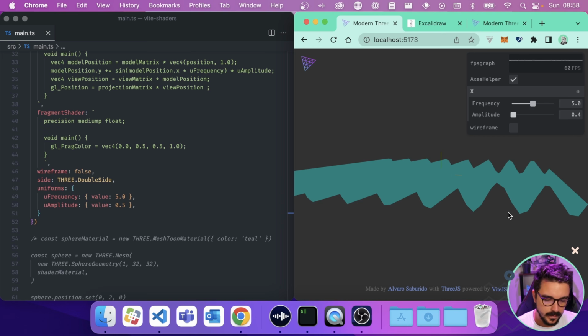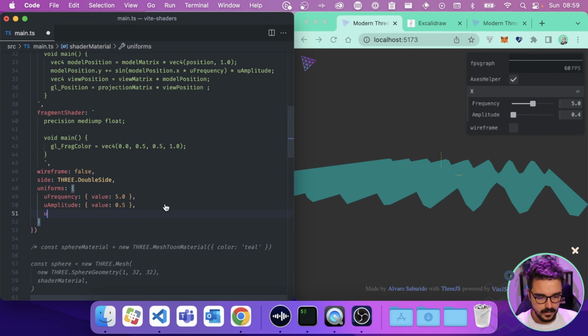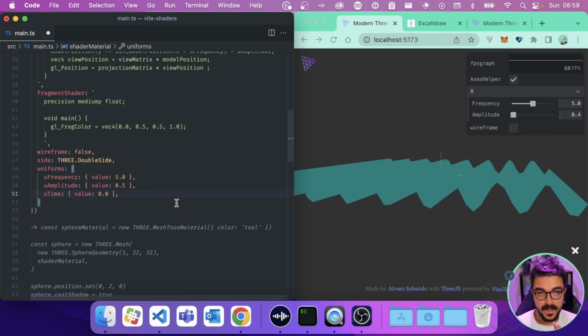Let's make it move. So to make this bad boy move, we will need something special. So we will need another uniform, and we're gonna call it uTime. It's gonna be a float with a value of 0. Okay. So what do we have in our application that can actually send the time?